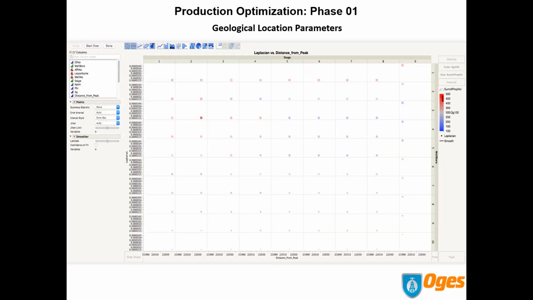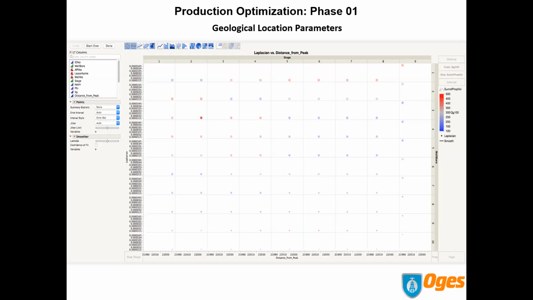And the operational parameter, proppant size, as you see here, is actually represented by the size of the dot. So the higher, the bigger the diameter of the circle, the more proppant's being used. And you can see down here some of the lower proppant usage, and up here, for example, the higher proppant uses. So what is immediately noticeable here is that cumulative production does not appear to be a function only of